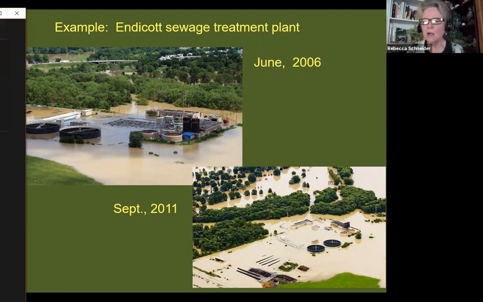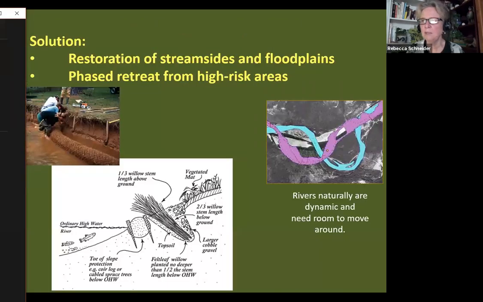I mean, obviously the real issue is carbon emissions and global warming due to human effects on the atmosphere. That's the core problem. But how do we adapt? What are the adaptations to deal with this increased flooding that's going to be happening? There are multiple things we can do. For me, getting people out of these high risk zones is a critical first step.